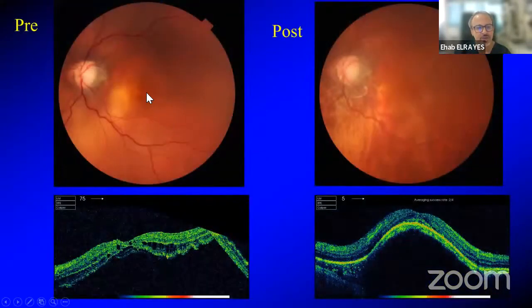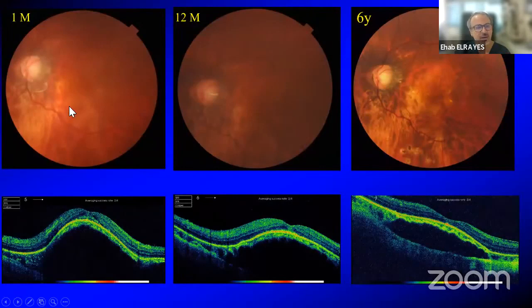Now, another patient, you can see the picture with the retina opened and post. Again, the hole is closed, and the separation that happens right here, that's taken pre and post. And for that serial patient, at 1 month, 12 months, and 6 years post-op, still you have the excavation, and the retina is well supported, and the hole is closed. The height is different, of course, but still the separation over 6 years, these holes are closed, and the support